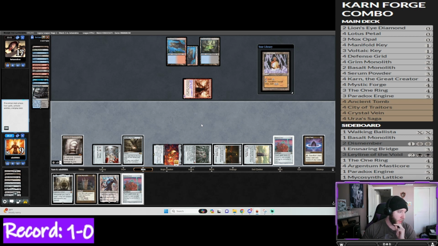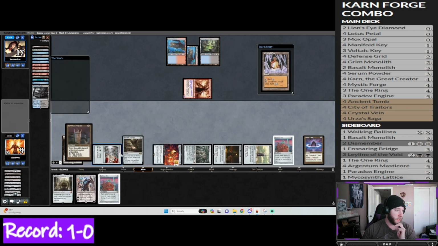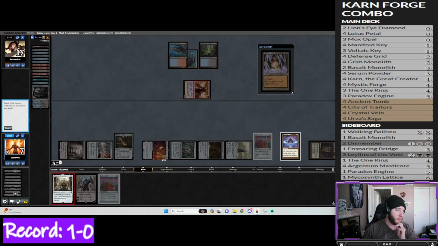Alright, and we hit a Grim Monolith. So if we play Grim Monolith, I'm trying to think of how we get enough mana. So yeah, I think we play that. This will net us 1 mana, which should give us the mana that we need. Yeah, this will give us the mana that we need to be able to...